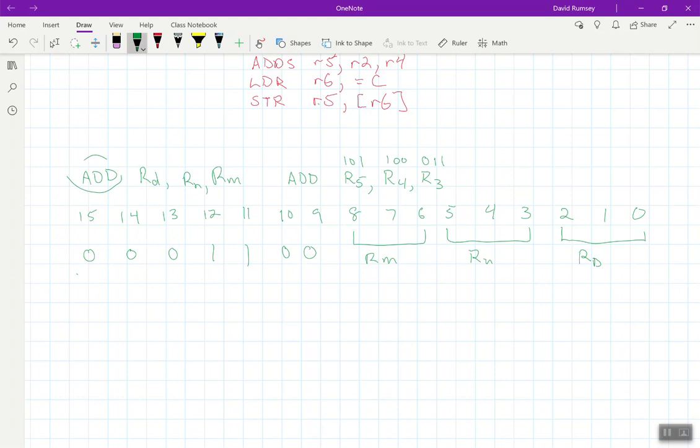It tells the control unit precisely what we're going to do here. And then this is the data that it needs in order to execute that properly, because it needs to know, well, where's the destination register and what two registers am I adding together. Okay, so if we did this here,